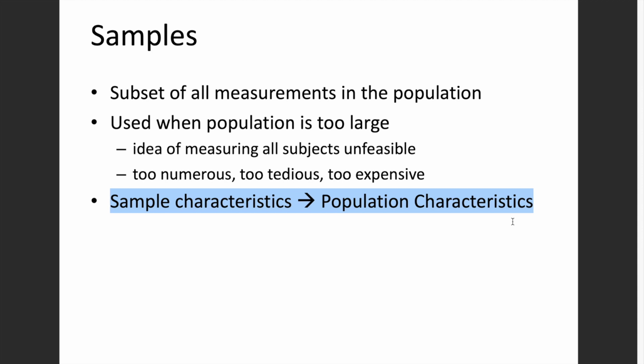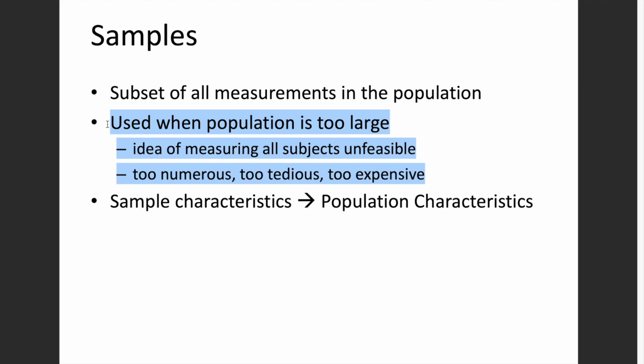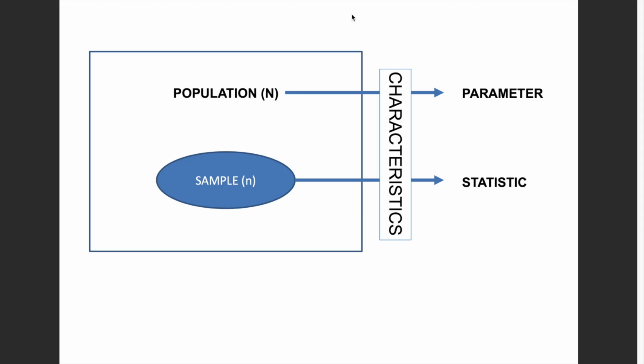To measure the sample characteristic and at the end infer the population characteristics, so that we don't measure the entirety of the population. So yeah, we usually get a subset or a sample denoted by small letter n from the population that is different from the population denoted by the large letter N. So instead of getting a population parameter, or a numerical characteristic of the population, we instead get a statistic of the sample,